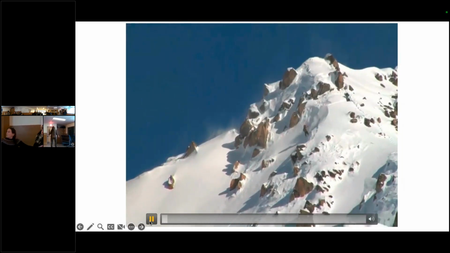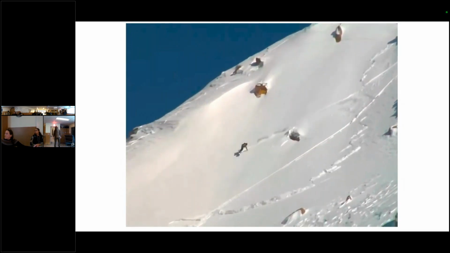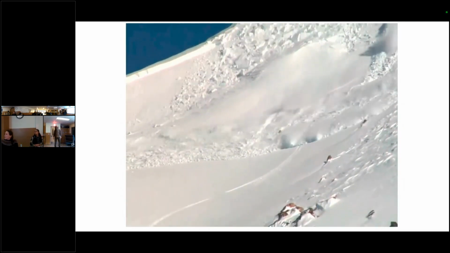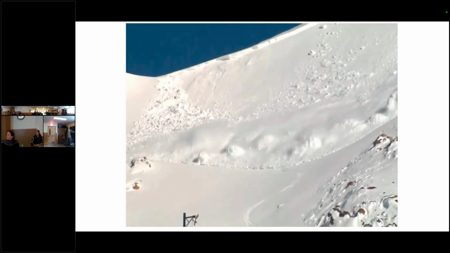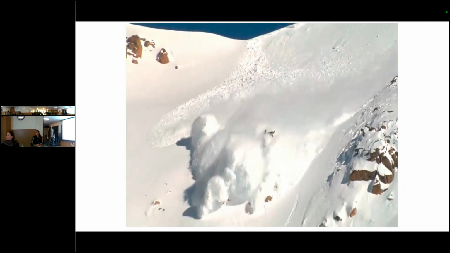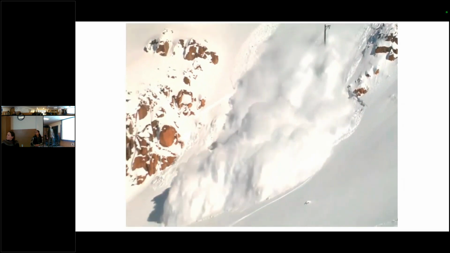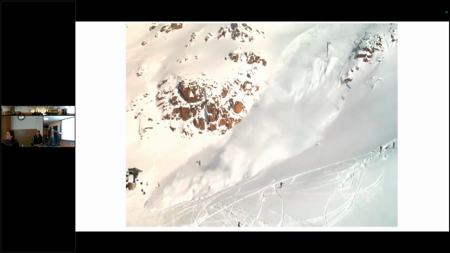I think on this one, he tries to stay above it. Is that this one? Not this one. This is a barrel channel. Oh, this one is in the ski area. Yeah. Above a ski area. So he gets caught there, but watch down here. When you see that secondary one, it triggered that one mid-mountain. There are people down there.